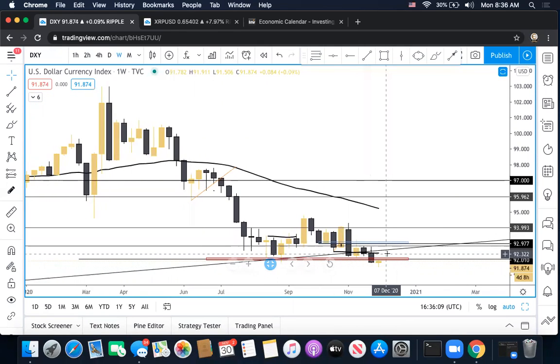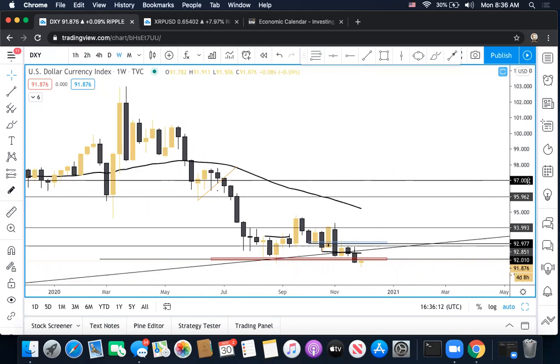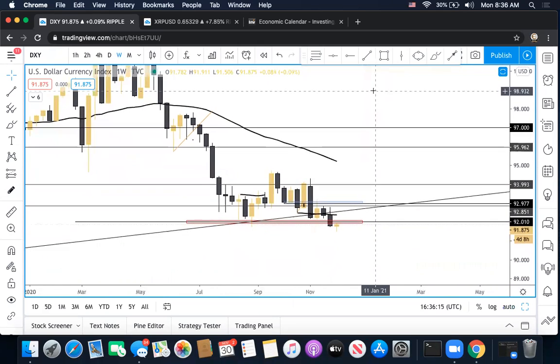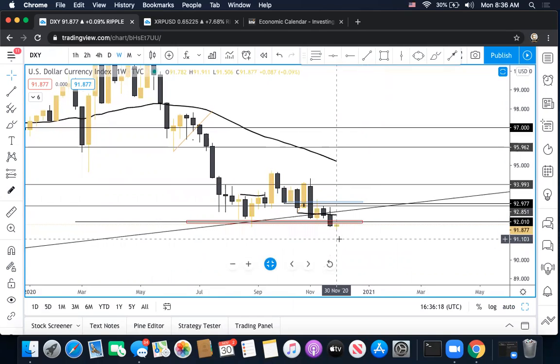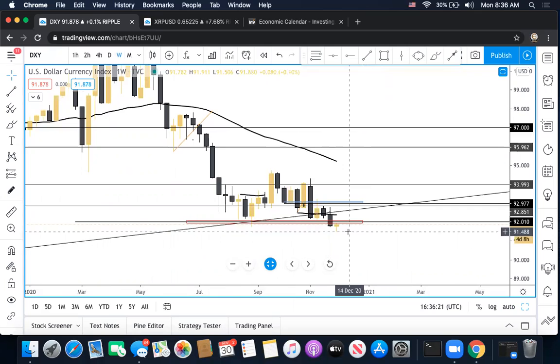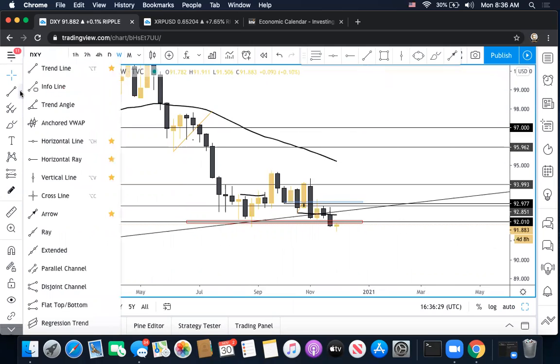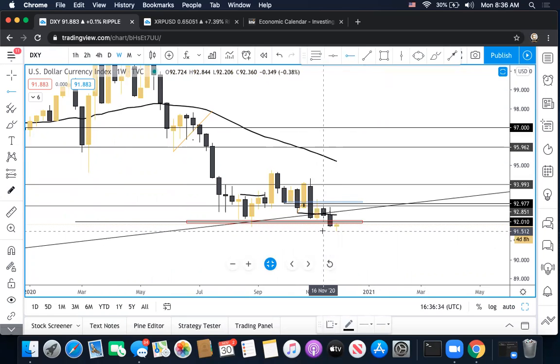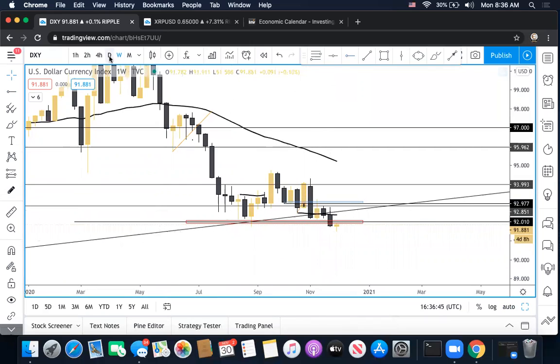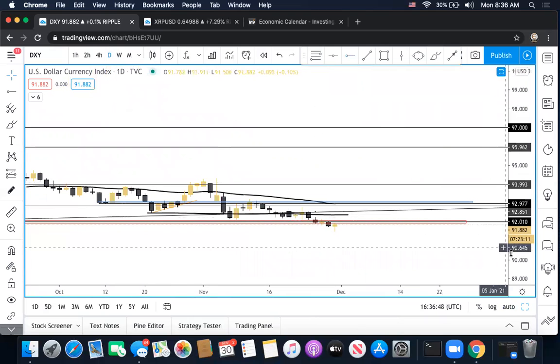So just looking at the overall dollar index right now, you can clearly see that price broke out of a critical region and broke below the 92 support and came down towards 91.50 and rejected. Okay, so because we have this break and we have to understand everything that's going on within the economy, I wouldn't call this break an actual break, and I would need to see a little bit more because this could be a false break right here because of how the overall structure is looking. So I would just need more confirmation to see if this break is going to be validated.